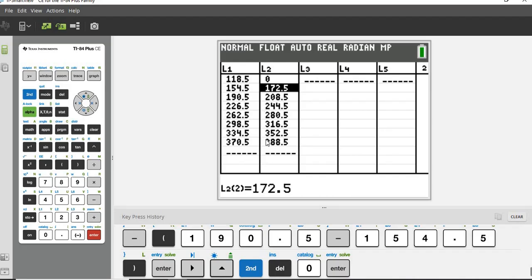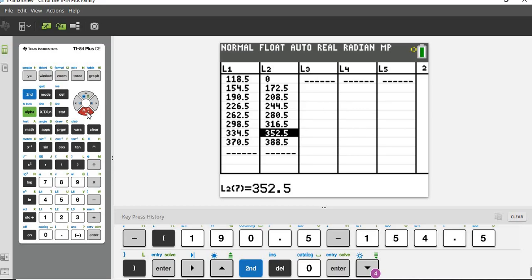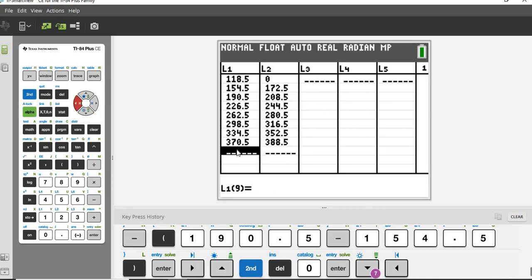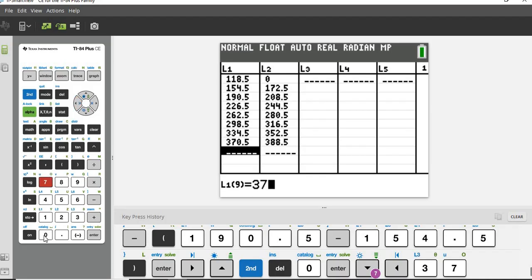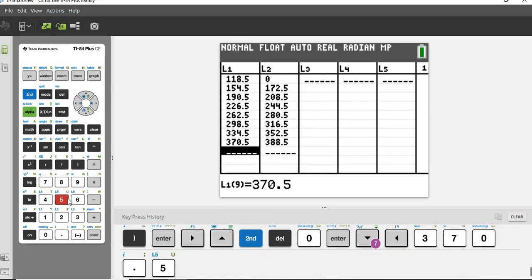And then we need to have our entries at the bottom. So I'm going to arrow down until we get to the bottom here. I'm going to arrow to the left, and I'm going to do something very similar at the bottom, but this time we're adding. So here's what I want you to type for the bottom. So I'm going to say 370.5 plus,